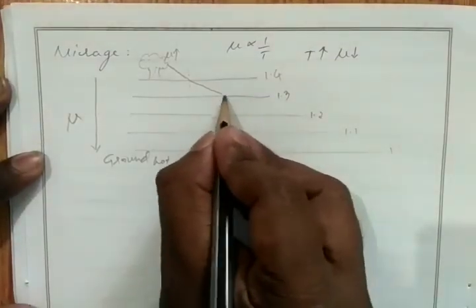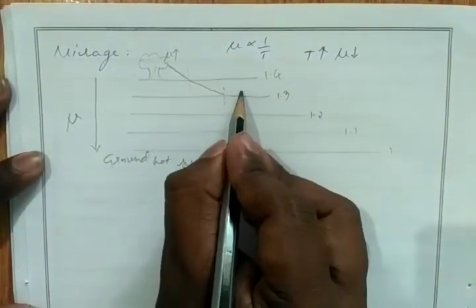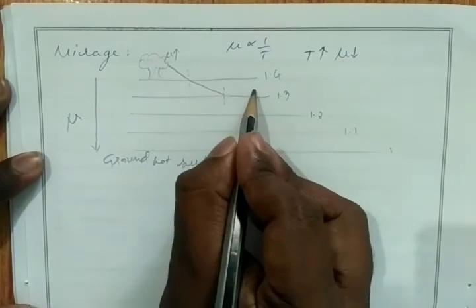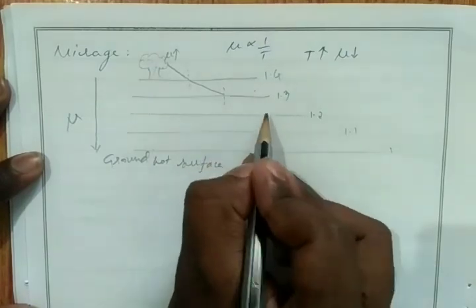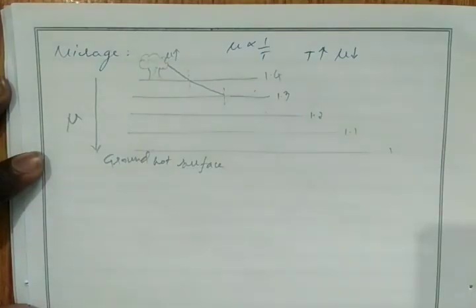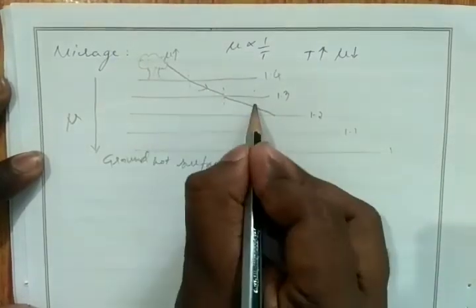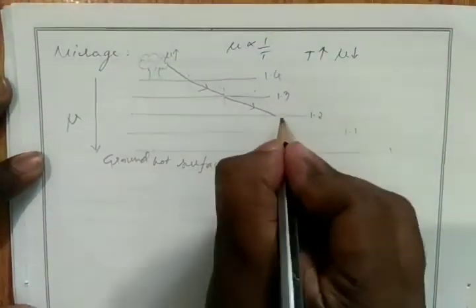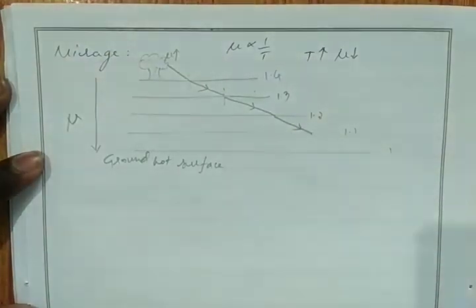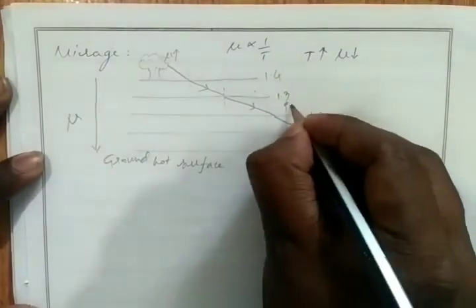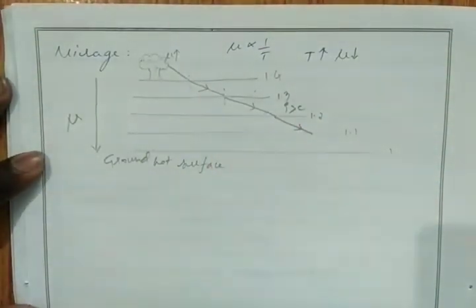Okay, then after reaching this interface, again it moves from denser to rarer, higher refractive index to lower refractive index. If it moves from denser medium to rarer medium, then what will happen? Again it is refracted, moving away from the normal. At a certain point, the angle of incidence I is greater than C, the critical angle. Now what will happen? Total internal reflection will take place.